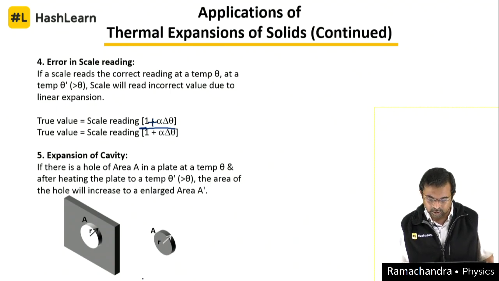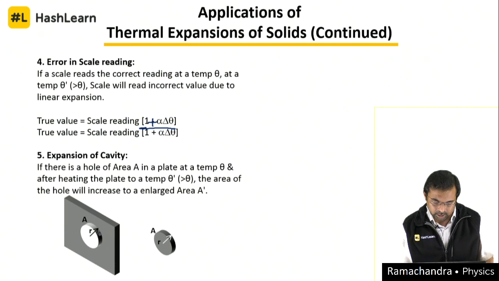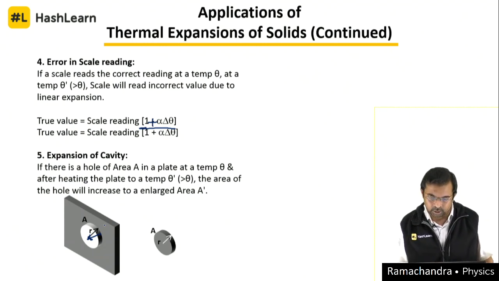What could be the change in area? Generally, the change in the area of the hole. There is a question asking why there can't be a decrease in area, because the plate can also change in the inward direction, it can increase in the inward direction also.